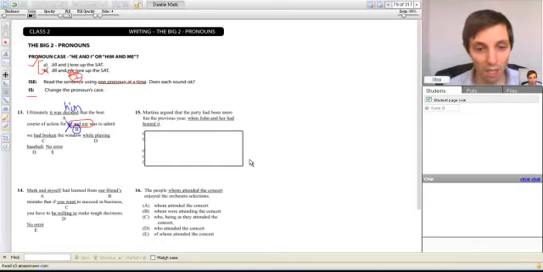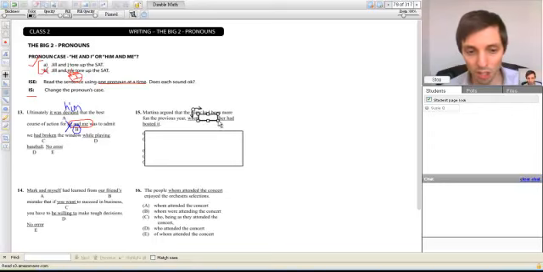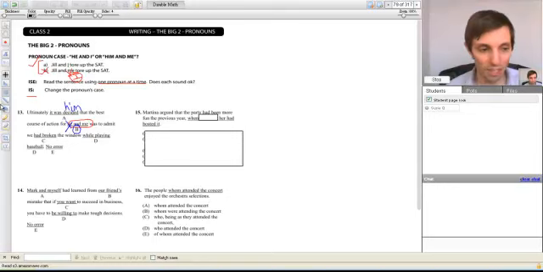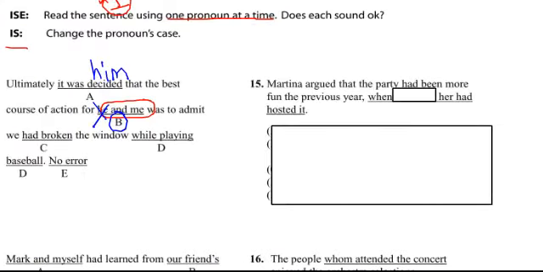Okay, so a lot of you are pointing out a problem with her. For those of you who are unsure, let me start with you, so-and-so. Remember that when you see a pronoun underlined, if it's linked to another word by an and, you want to block off that other word and just try the pronoun on its own. How does that sound to you, the relevant phrase? Doesn't sound good, right? You wouldn't say her had hosted it. What should you say instead? What's our fix? Exactly. It's got to be she